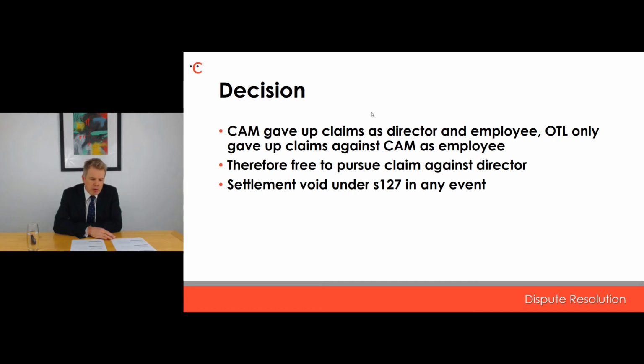But the court said even if they'd found against the liquidator on that basis, the settlement would have been void because of Section 127. Generally, when we talk about Section 127, we think about payments that a company makes between the presentation of a winding up petition and the winding up order being made. But the court has helpfully explained here that it's wider than that, and what lawyers would call a cause